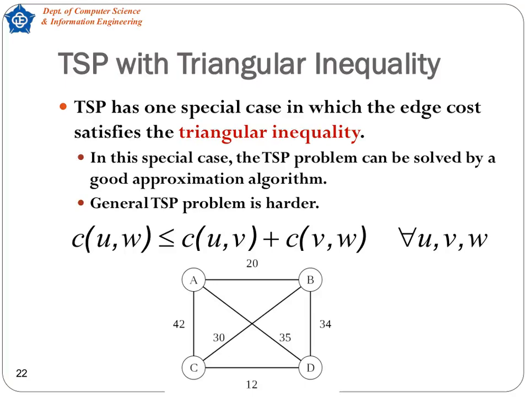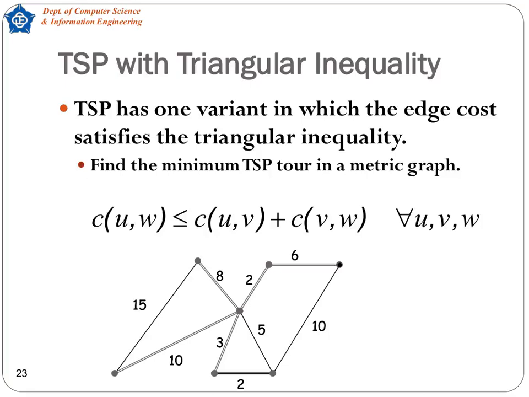Building on the triangle inequality case we just discussed, this slide introduces the metric traveling salesman problem, where every edge cost satisfies c(u, w) is less than or equal to c(u, v) plus c(v, w). In plain terms, going directly from u to w never costs more than detouring through v. Our goal is to find the shortest possible tour in such a metric graph. Below the inequality, you'll see a sample network of